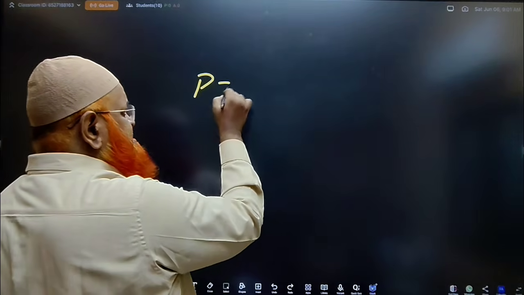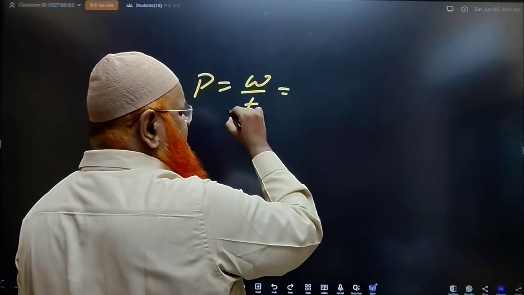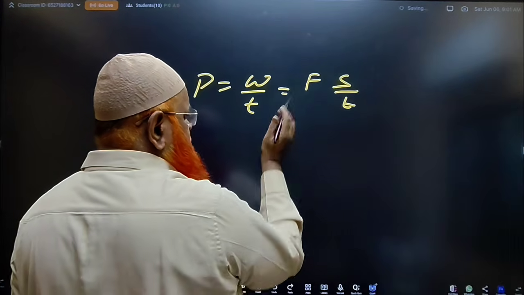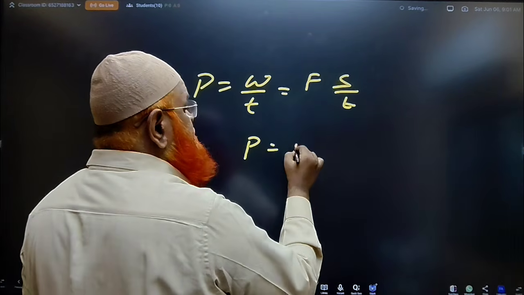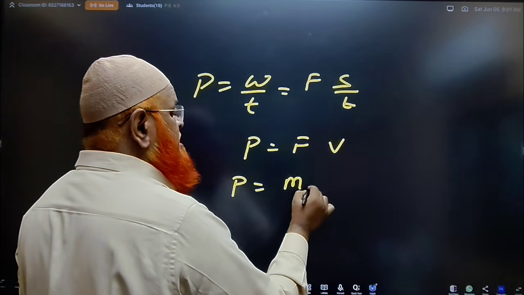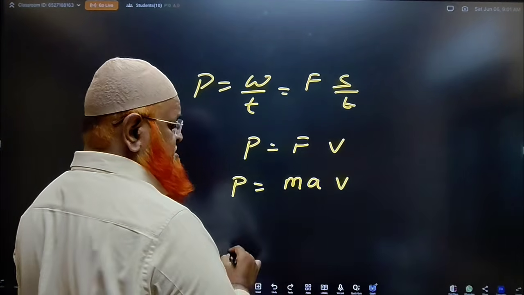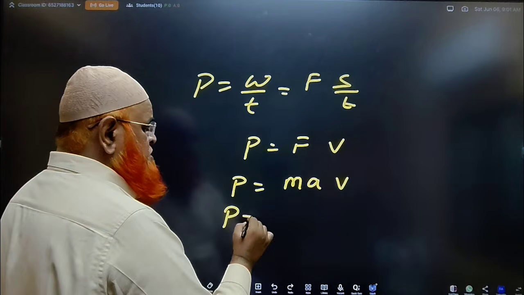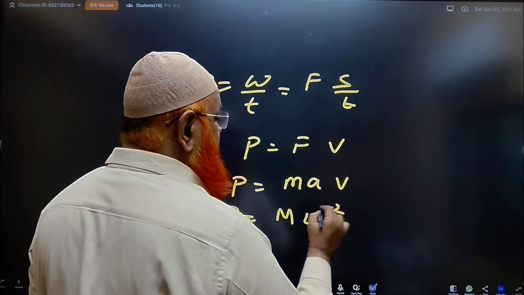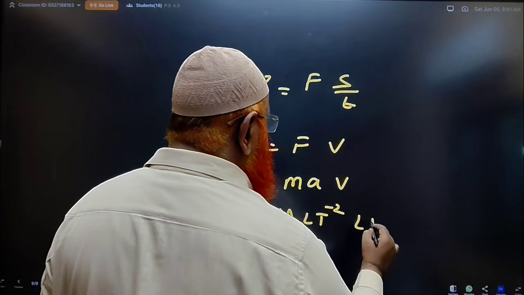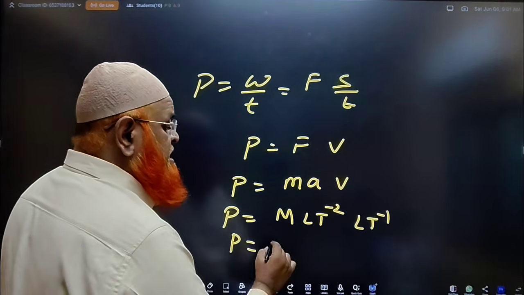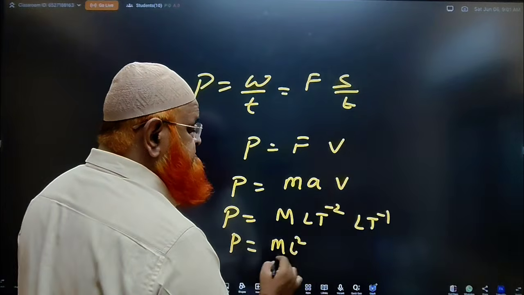Then what is the dimensional formula next? Power. Power is nothing but work by time. Work is nothing but force into displacement by time. So force into displacement by time, where displacement by time is nothing but velocity. So power is force into velocity. F is equal to ma. Force is mass into acceleration, which is L T power minus 2. Velocity is nothing but L T power minus 1. Therefore power is nothing but M L square